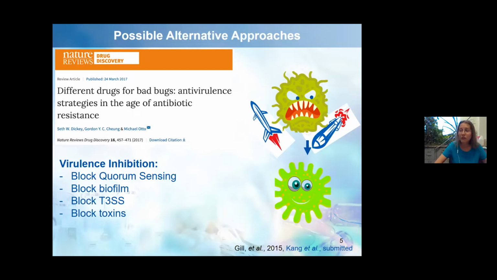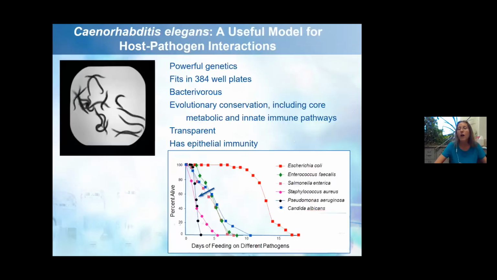However, to develop antivirulence therapies, we need to be well aware of important virulence factors for each infection. And for this, we need to study not bacteria by themselves or the immune system of the patient by itself, but together, host-pathogen interactions. C. elegans, Caenorhabditis elegans, a small roundworm, is a great model organism to study host-pathogen interactions.